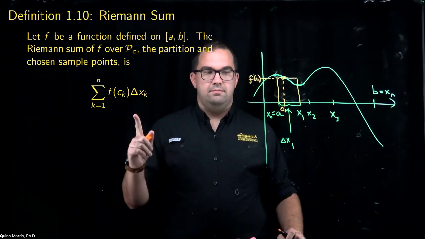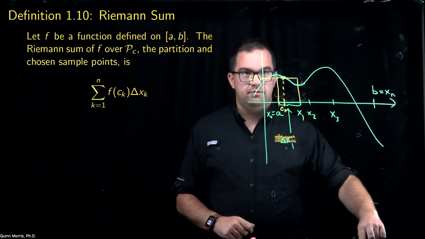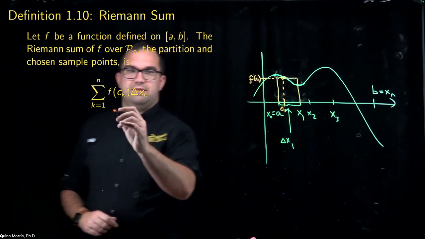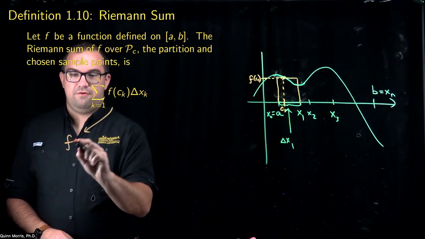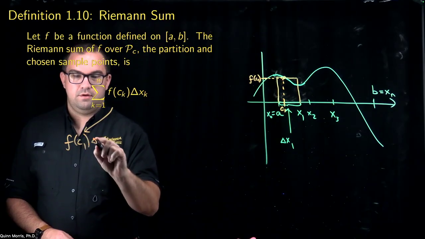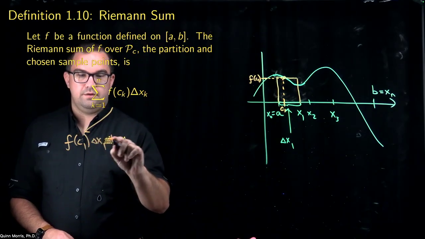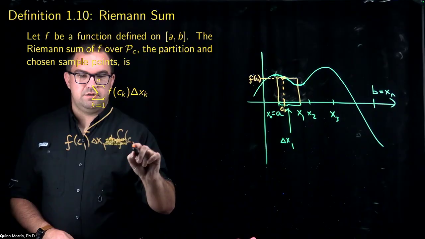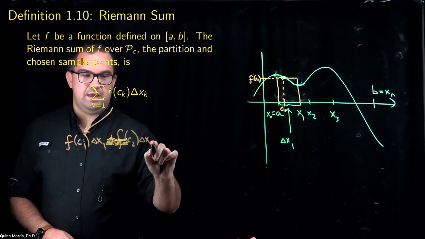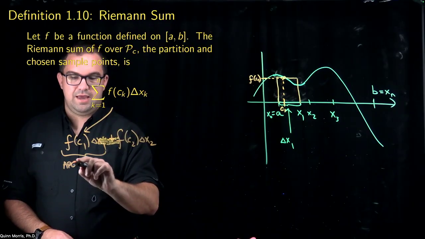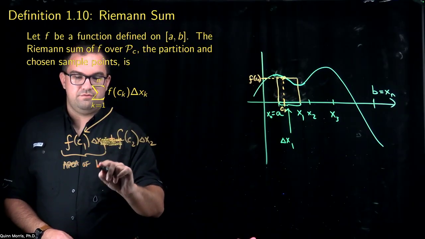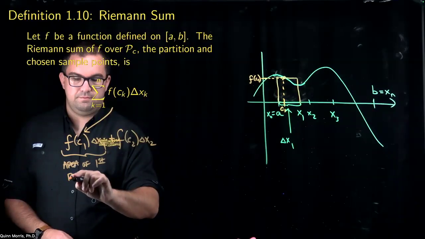So this sum is simply adding up. If I were to expand this out, this is really f of c1 times delta x1 plus f of c2 times delta x2. And if I look at this, this is just the area of the first rectangle,